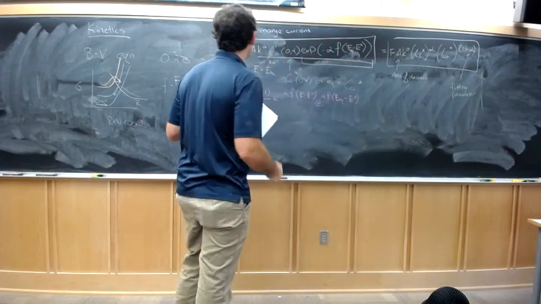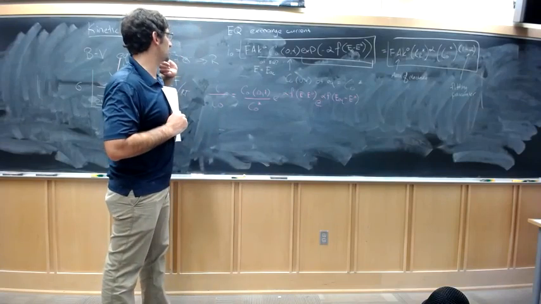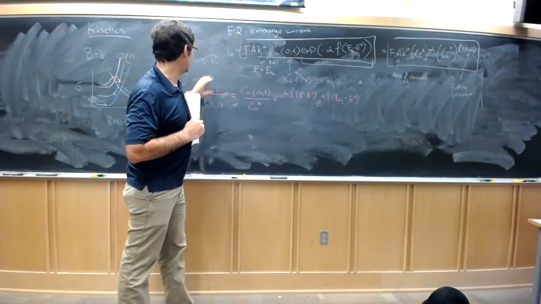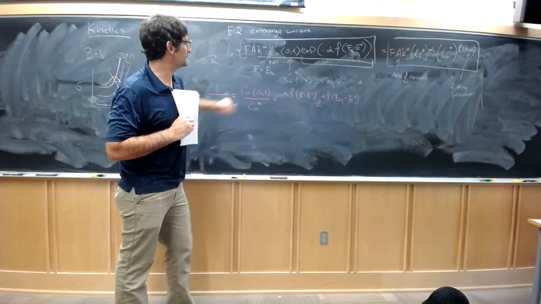Okay, so what I did is I took this expression for the equilibrium exchange current density, and I divided it by I naught. So that's the first term divided by I naught,